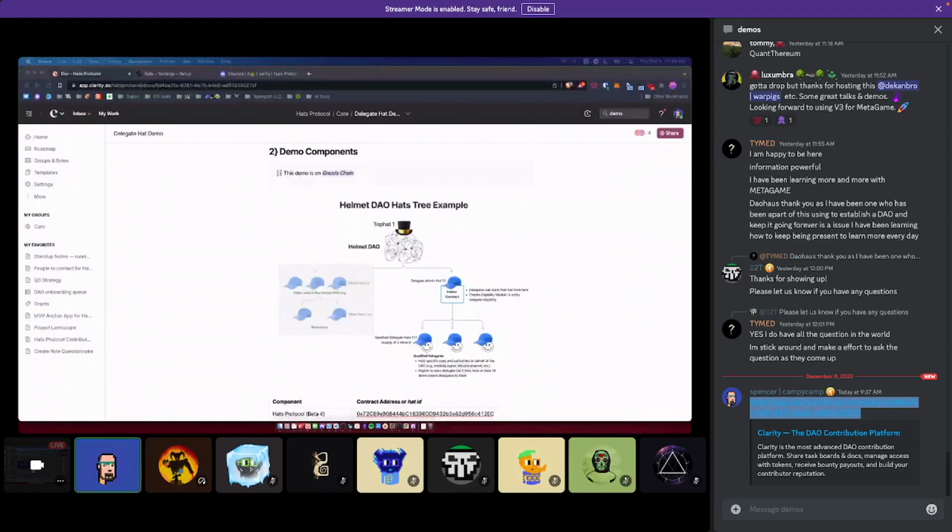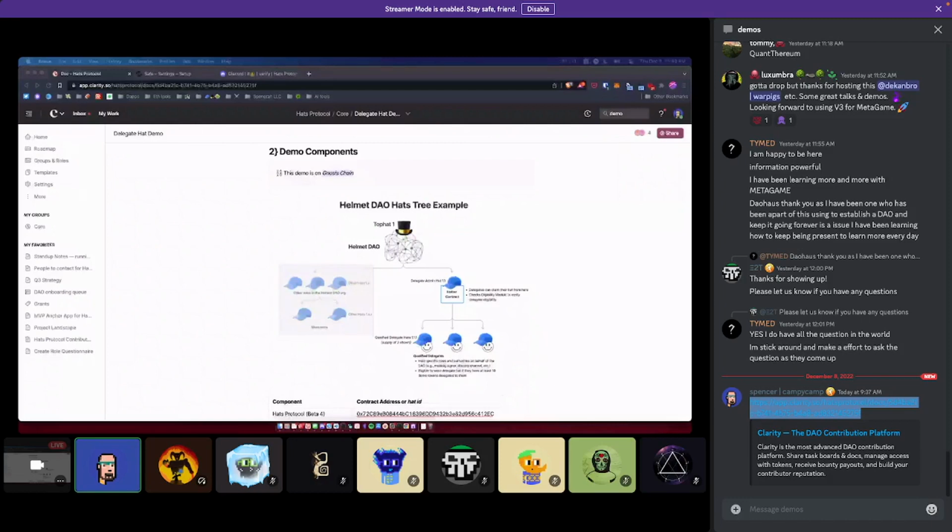So what that means is that the Helmet DAO creates a qualified delegate hat, which has a few different properties. Property number one is that you have to be eligible for the hat, and that eligibility is encoded into an eligibility module in HATS protocol. So this eligibility module says that you have to have, at least for this demo, 10 demo tokens delegated to you. If you have 10 demo tokens delegated to you, then you count as a qualified delegate and you're eligible for the hat, programmatically or automatically.